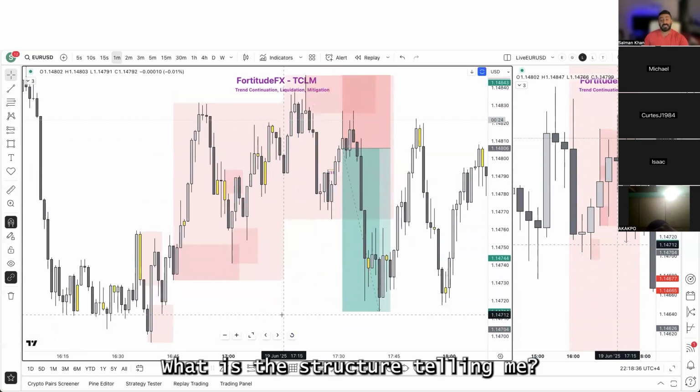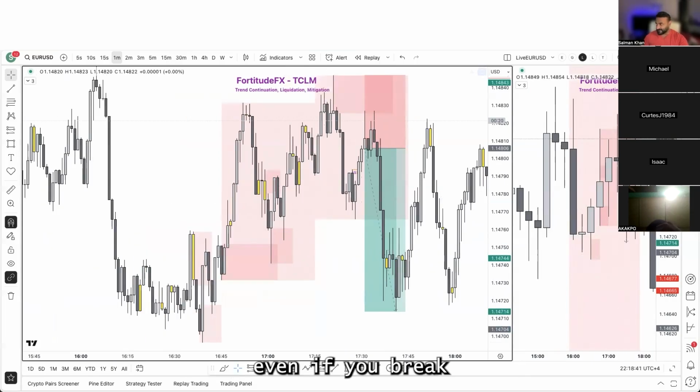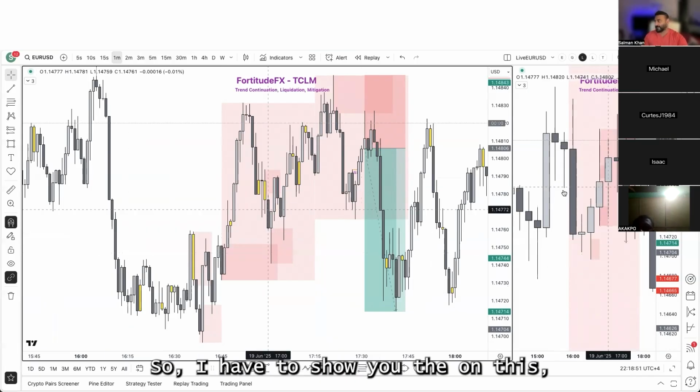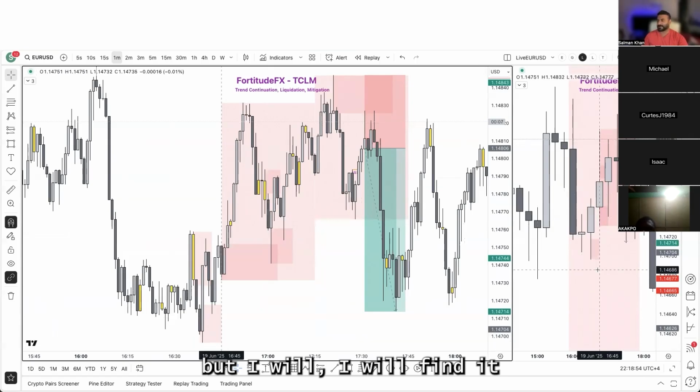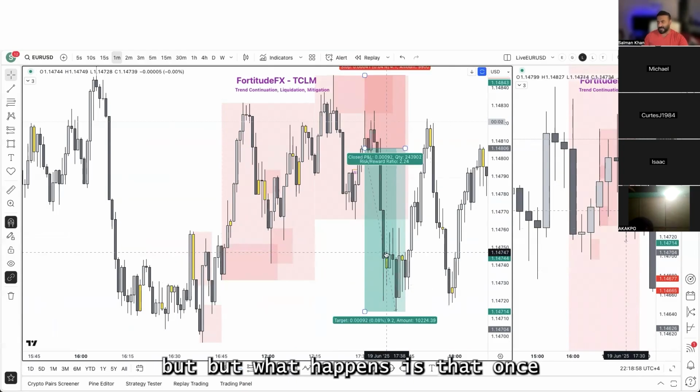What is the structure telling me, right, on the 1 minute? Because sometimes what happens is that even if you break the high of the previous candle, the structure on the 1 minute doesn't change. The price goes up and then it comes back down. So if there is a high here, I have to show you on this, but I'll find it and I will post it on the channel, and I'll tag you, Michael. But what happens is